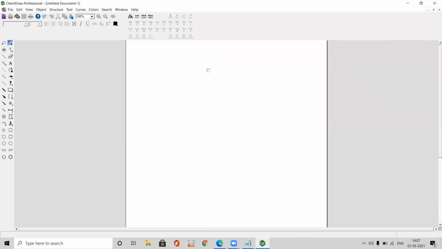So first let's draw the structure of benzene. There are two ways of drawing benzene. We can select the benzene ring, or we can select a solid bond and go on connecting those bonds. This is a laborious process, so it will take time.